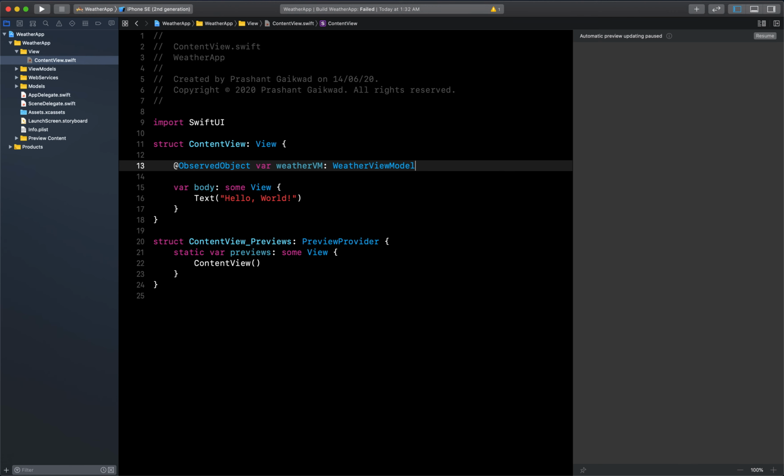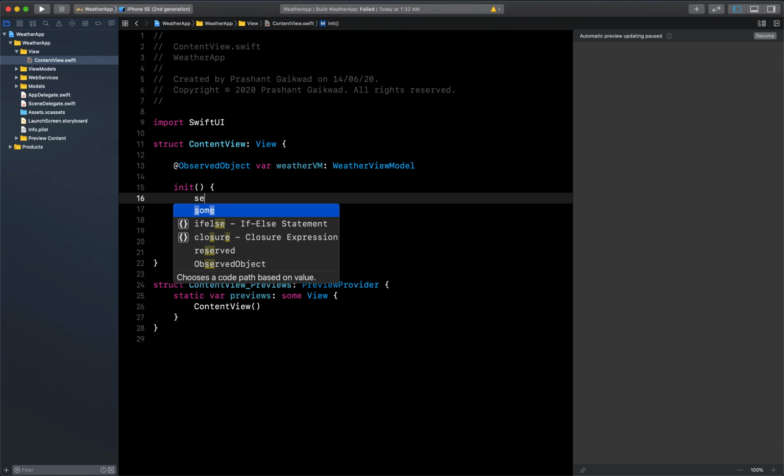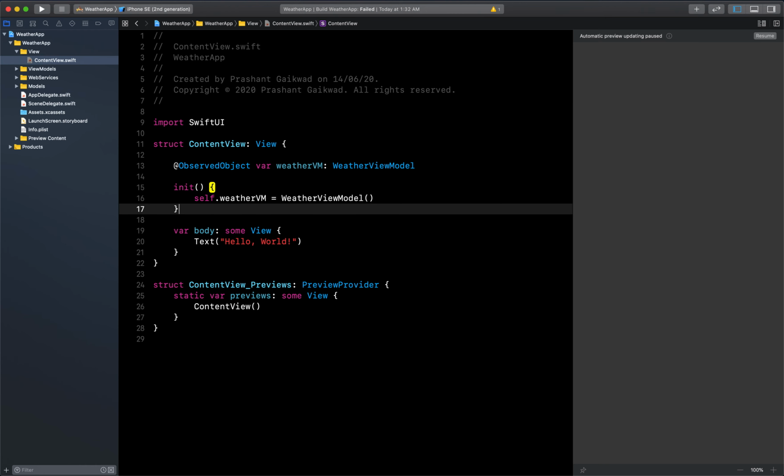Now we also need to initialize it in init. Self dot weather view model will be equal to weather view model.